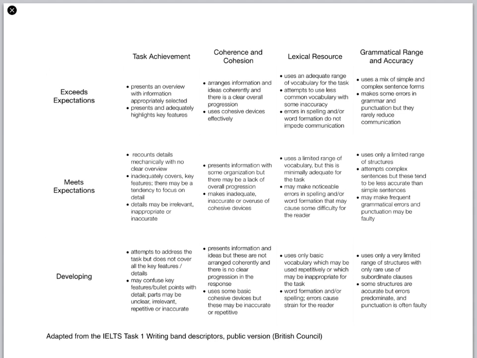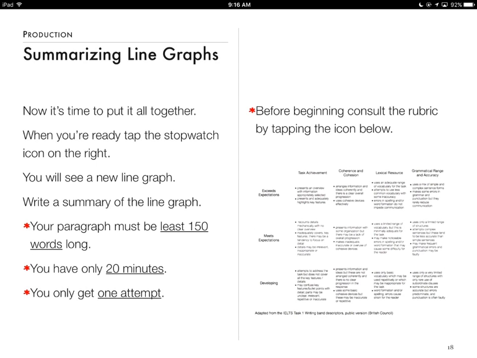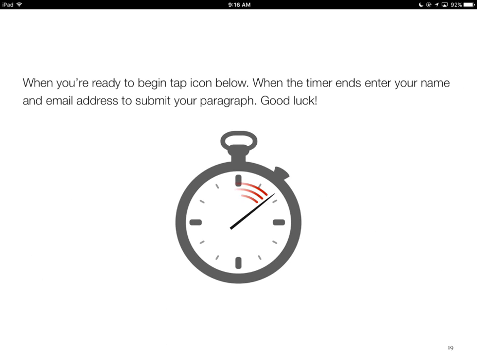This is based on the public Task 1 writing band descriptors of the IELTS exam, so it's linked directly to this external test that they have to take, and what this learning object is developing the skills for. Then the final summative task is a timed writing task, and when I tap the stopwatch icon, it opens up with the